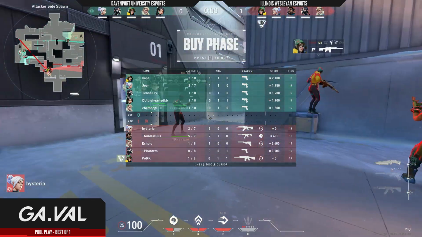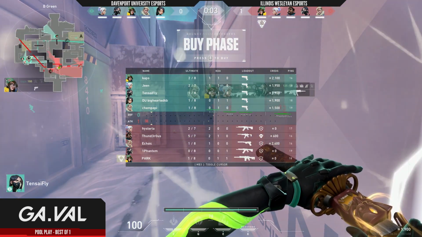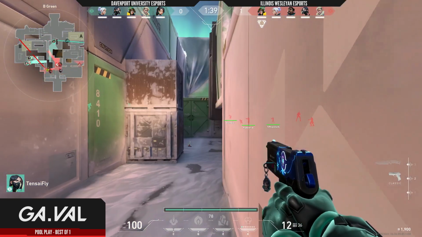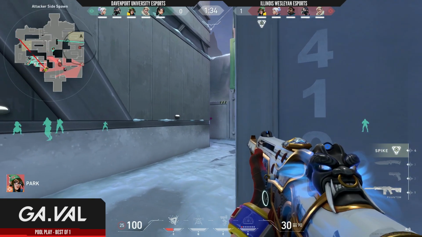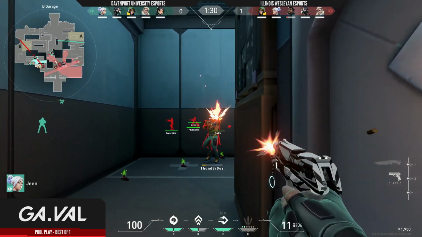All right, and now as we look possibly to once again hit B, but look at this aggressive push from Davenport. They're stacking so hard on B. Wow. The classic play going to be coming on through. We're going to be seeing potentially a lot of action here. Or they're just waiting for someone to fall into the trap, potentially. The Harbor maybe getting a little bit...